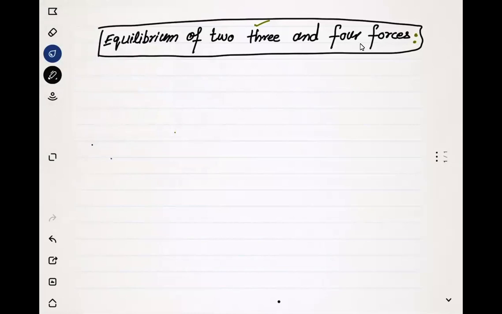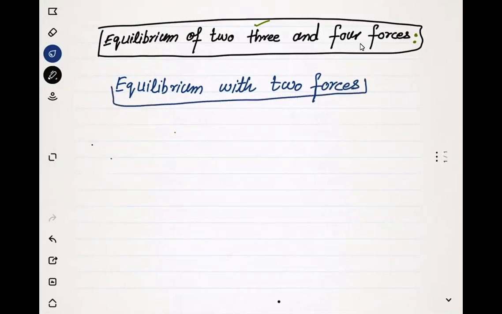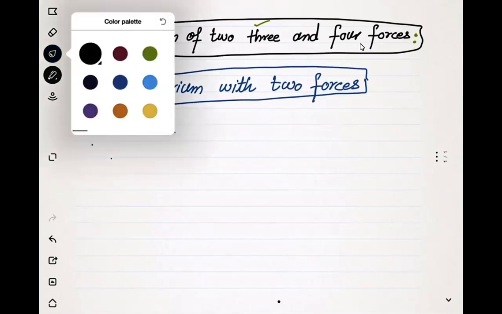So the first heading is equilibrium with 2 forces. Force is a vector and it follows the rules of vector addition. So 2 forces can be cancelled out but with certain conditions. So 2 forces can be in equilibrium if